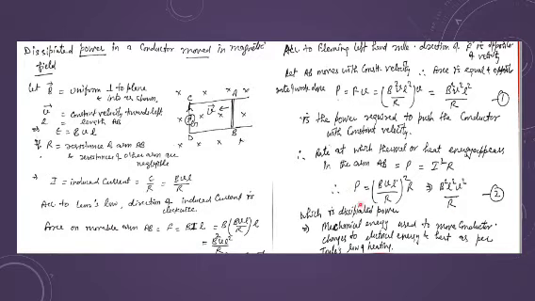So whatever work we are doing in moving the coil appears in the form of power which is required to push the conductor, and that much is the amount of power which is dissipated. As a result, you can say that your energy will be the same, whatever energy is remaining conserved. Okay, go ahead.